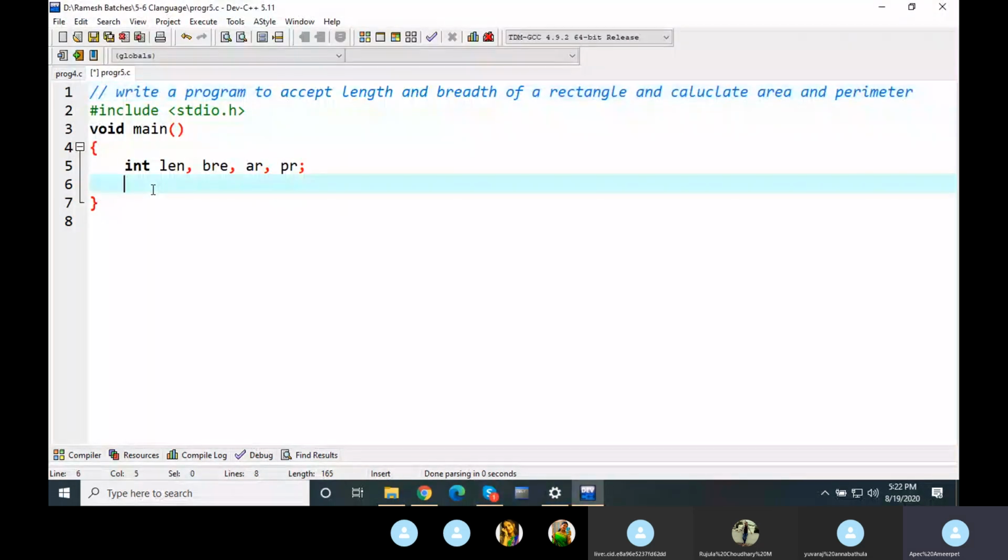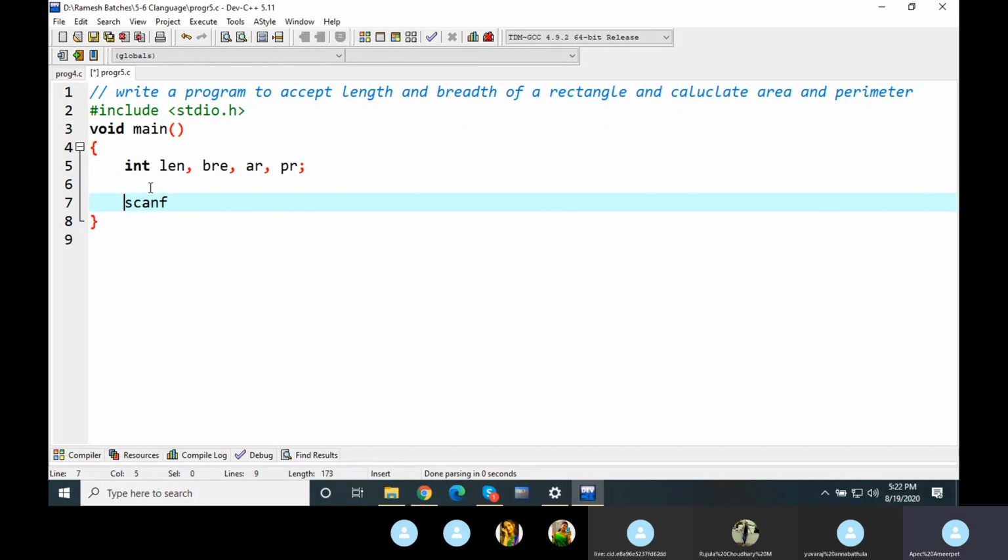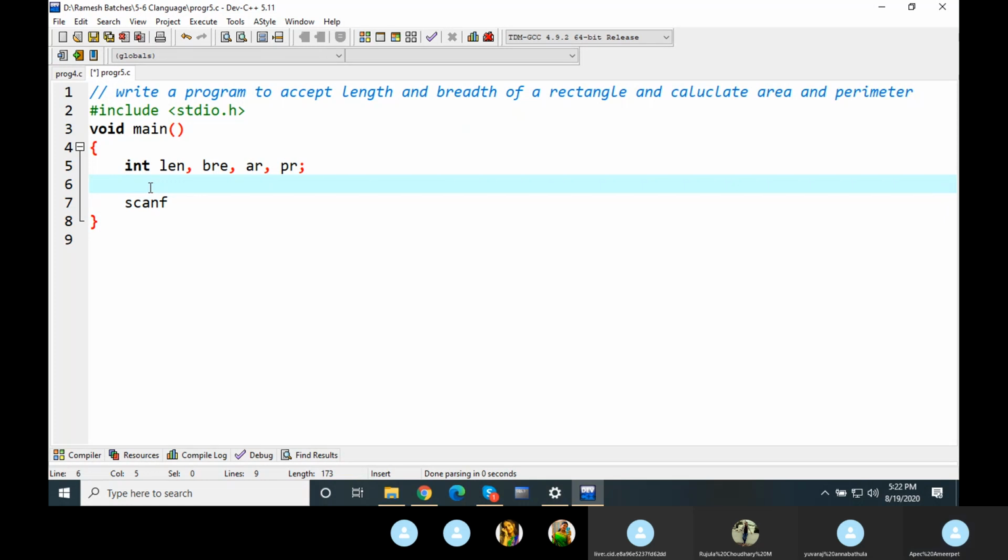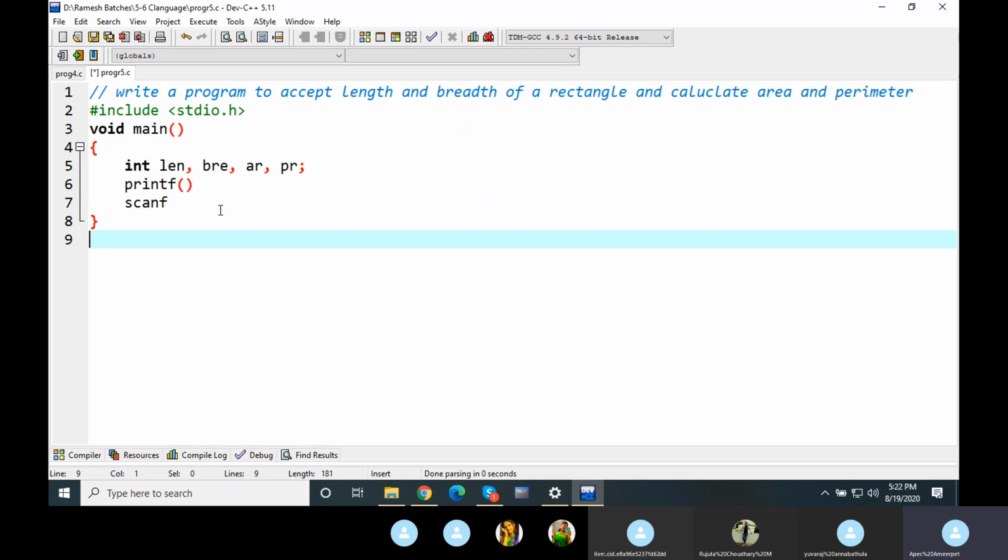Okay, so how will you write the statements here? Accepting, you do it using scanf, but before writing the scanf, we generally write a printf statement to display the message as to what the user is supposed to type.